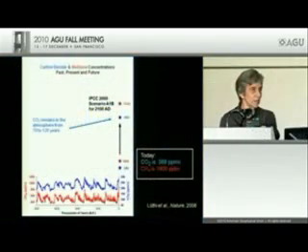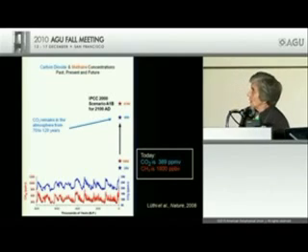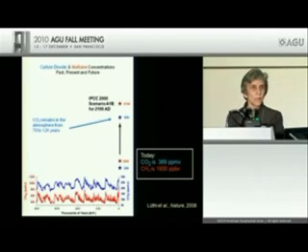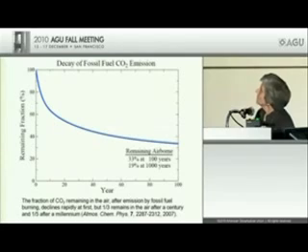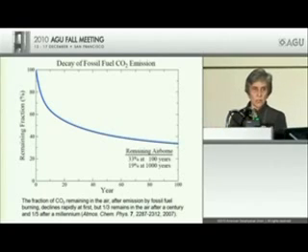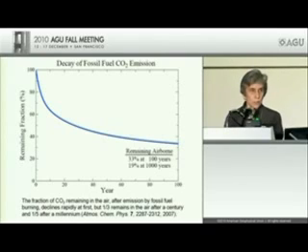Atmosphere for 70 to 120 years. This should definitely give us a little pause. We should think about this. The other fact is that the decay of fossil fuel CO2 in the atmosphere has this long tail, such that 33% of the emissions today will still be in the atmosphere 100 years from now, and 1,000 years from now, 19% of the emissions will still be with us. This is an issue that will take a long time to resolve.